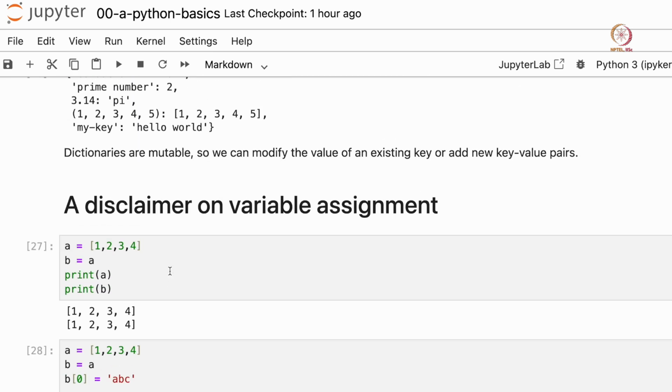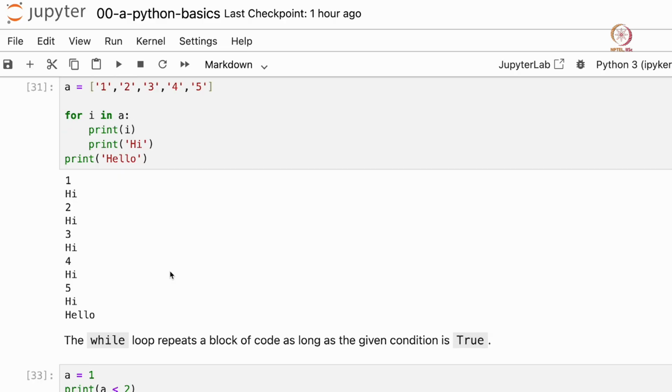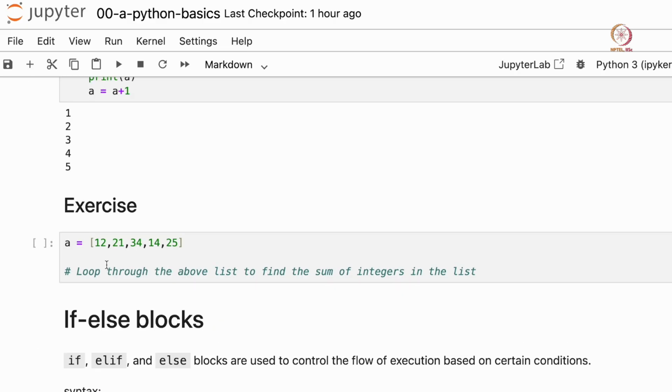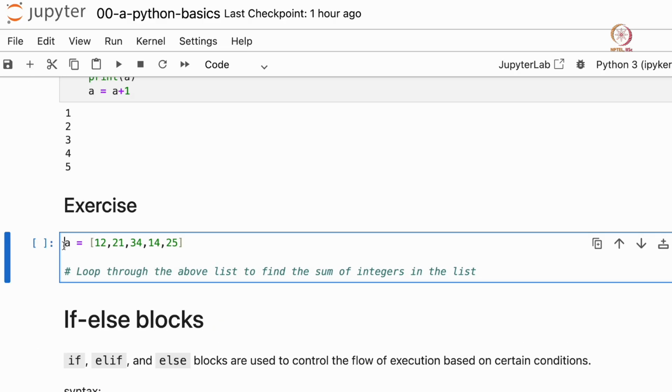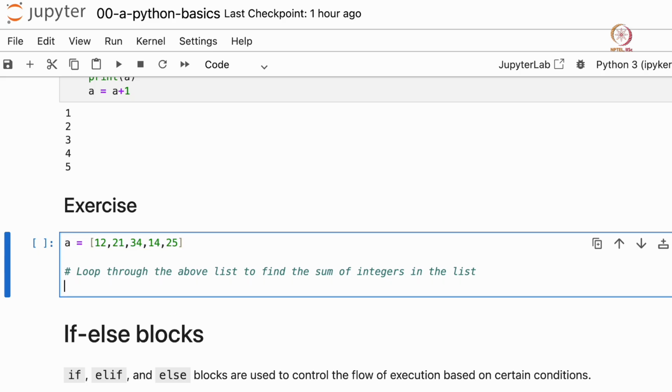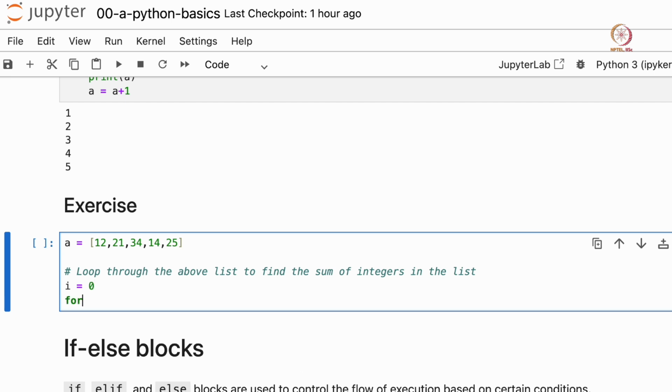Now the last thing that we do for this tutorial is let's finish the exercise that we started. So here's an exercise. We have been given a list, and the exercise is to loop through the above list and find the sum of integers in the list. So I'll try to solve this. You can try to solve this along with me. So let me make a variable named i and assign a value 0, and let's write a for loop where j iterates over a. So for j in a,